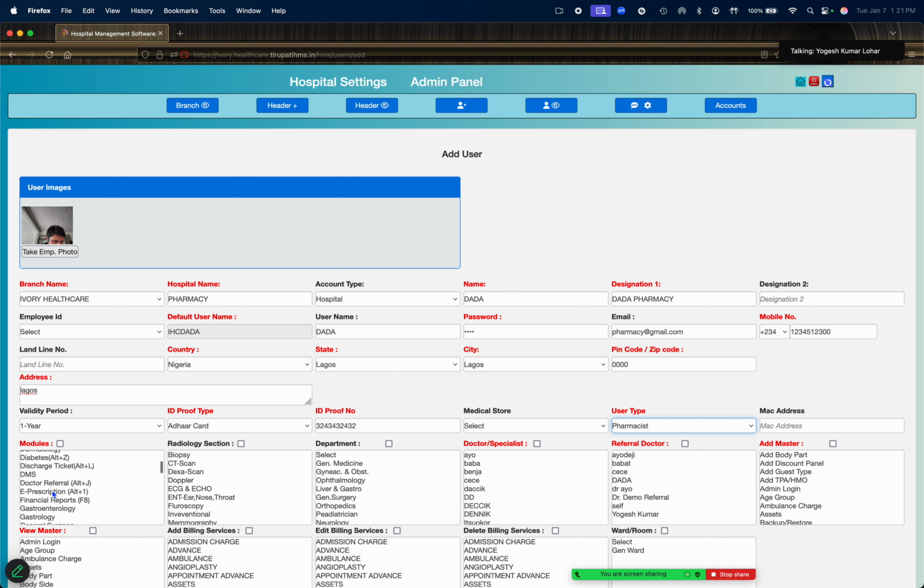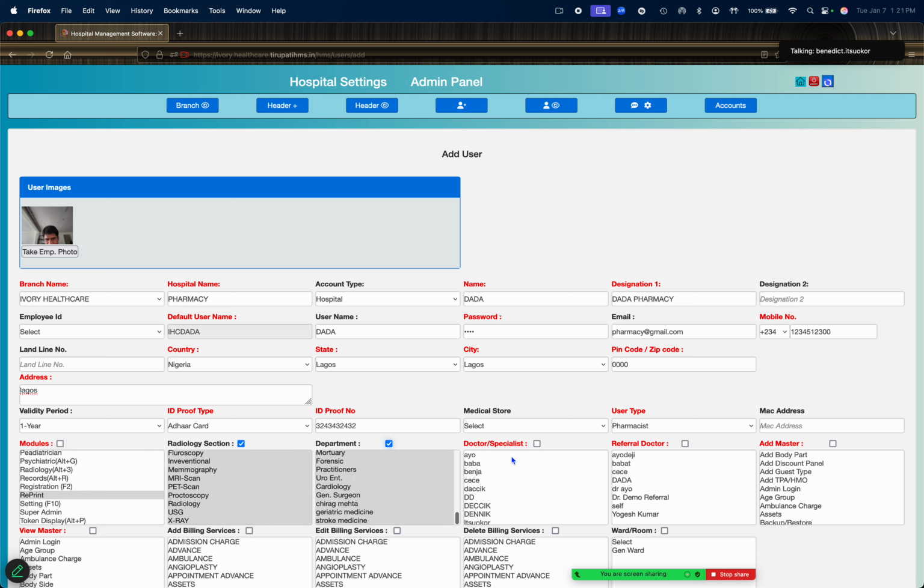For example, doctor referral, patient e-prescription accessible, IP billing, laboratory, nursing desk, OP billing, patient MRD. And if you want to give only, say, whether he will be able to see an editable record, or just see the report only, what kind of permission you will give? Okay, and the bill, and he will not make any service activity, right? Okay.